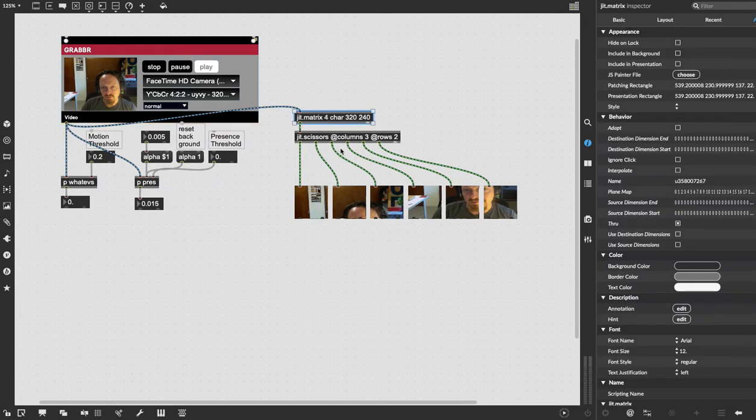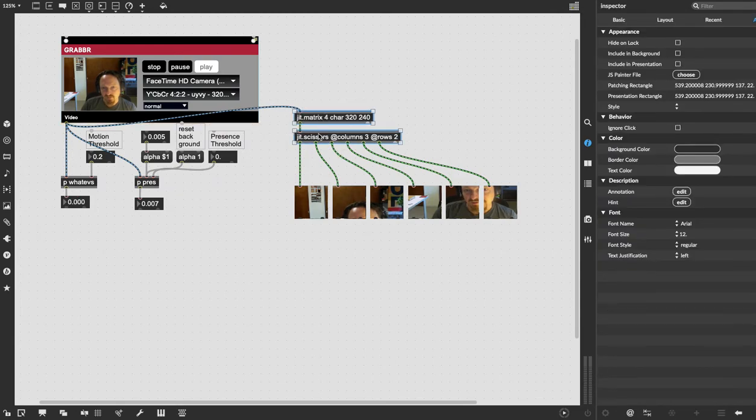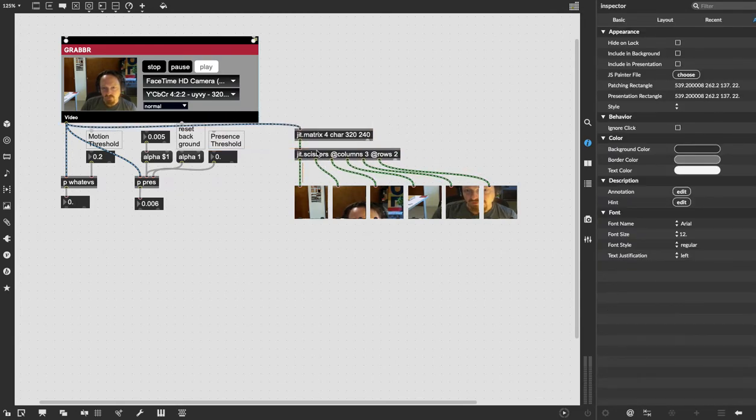There we go. Okay. Interesting. So yeah, I would have to look into what exactly the format of the video I'm getting from Grabber is, but to use the scissors, I also need to clean that up and make sure I'm using the 4-plane